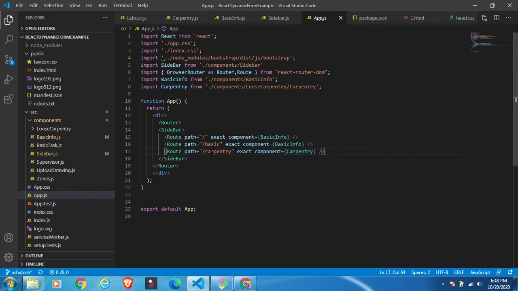So if someone navigates to this route, what should happen? You have to decide, and you can decide in this way. If this route is there, then this component will open. The component is basic info like that. But how can you do the left side or a header? As you can see, we have used another component here. The component name is sidebar, and this particular component is doing something. Okay, so let's try to understand this component.